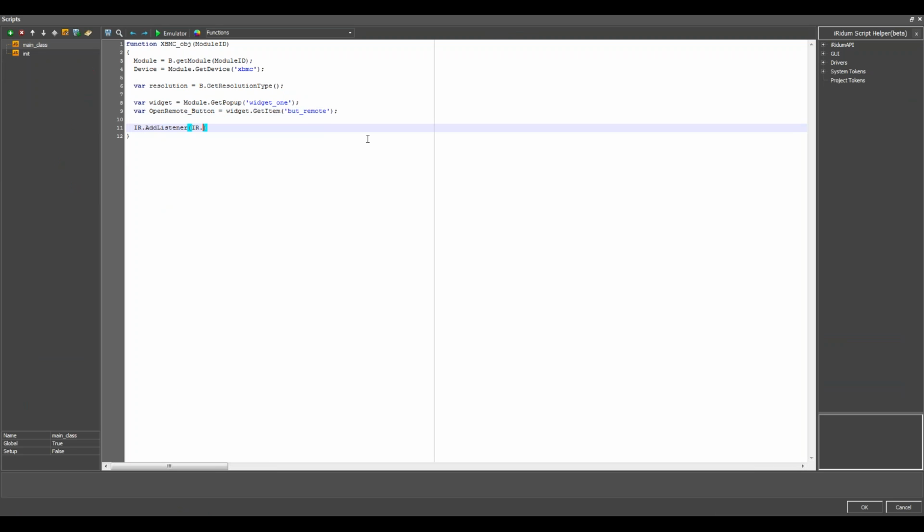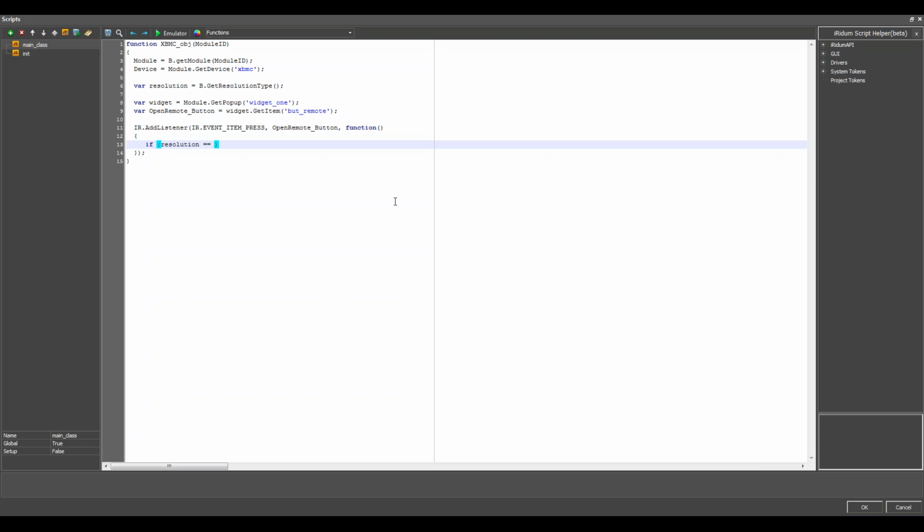ir.add listener, ir event item press. The link to the button is it, then function. Okay, now I should check my resolution.